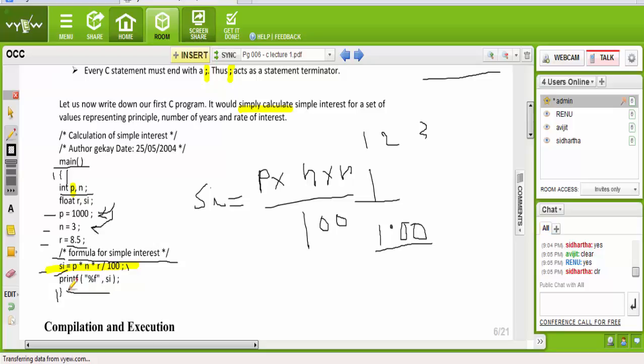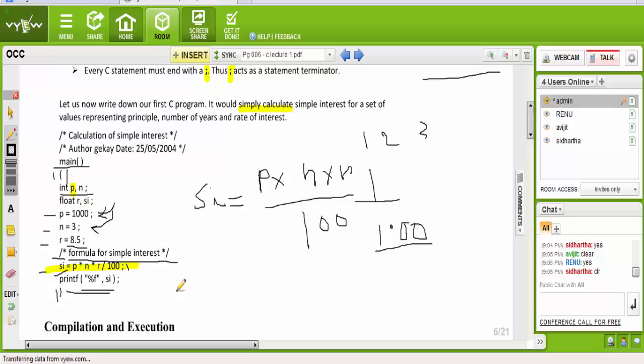When the compiler finds printf, then the compiler understands what has to be done. Printf means whatever answer or whatever thing you write between this first bracket and second bracket has to be displayed. Printf is used for displaying. Clear?